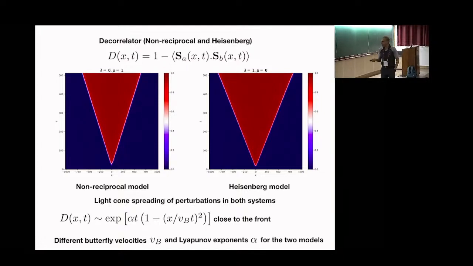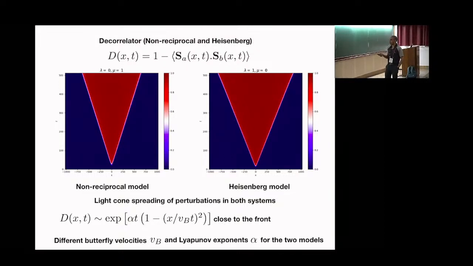I mean, one can at best argue that there is a velocity scale in both of these models, which is the same because we're taking the exchange coupling to be the same, and every velocity in the model has to be proportional to that. But the constant of proportionality, the number, could of course depend on the specific model. And so, we see exactly the same kind of behavior in terms of chaos spreading in our non-reciprocal model as